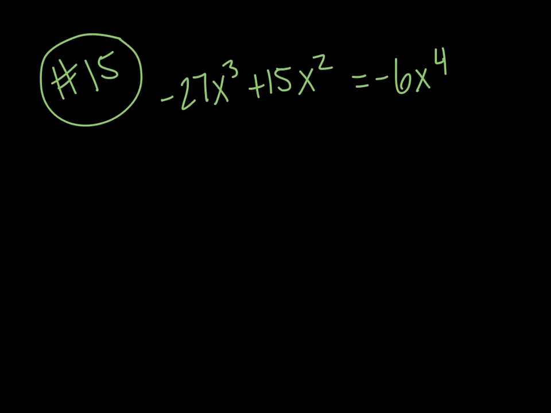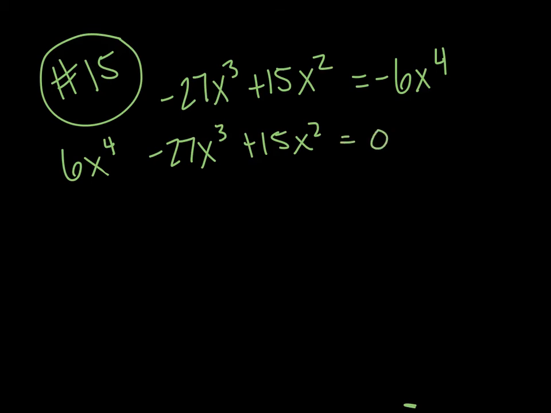So we have to move that 6x to the 4th over, and if it's negative, that means we need to add it over. So it becomes a positive 6x to the 4th minus 27x cubed plus 15x squared. So the most that you guys can do, and it's equal to 0, is pull out, it looks like